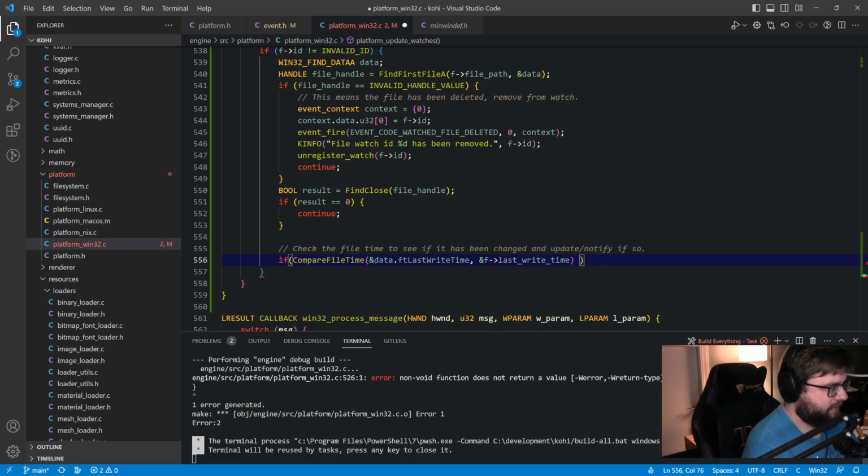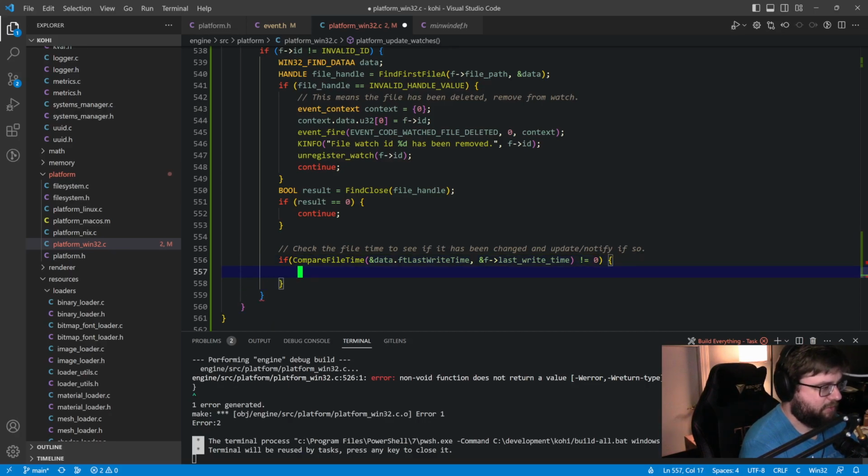If those things are not equal to 0, then we do have an update. That is where we're going to update the f last write time to equal this data last write time. And then we'll go ahead and notify